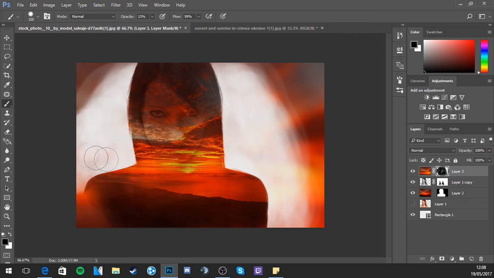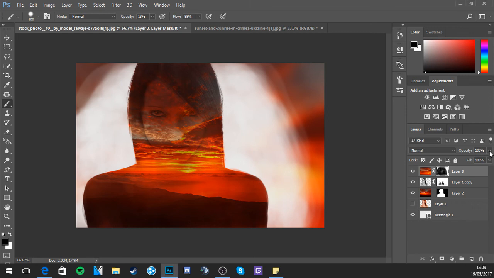I'm actually not in love with this blur thing anymore. But never mind. I'm pretty happy with how this one has turned out. And I think that might be about it.